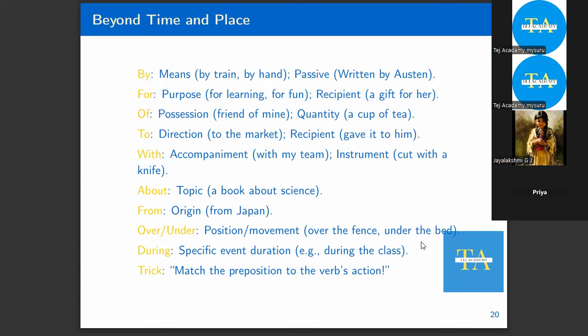And about. We use the preposition about when we speak about a topic, like a book is about science. But other than this topic, we also use about in